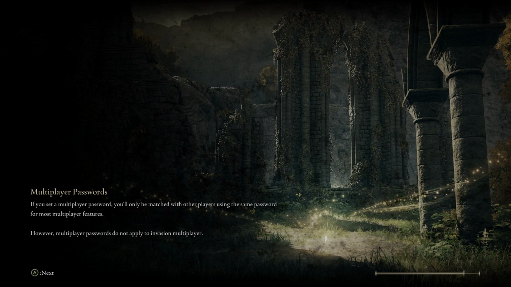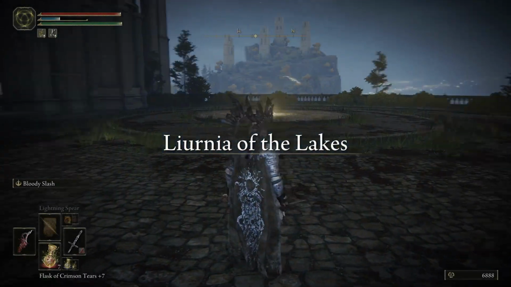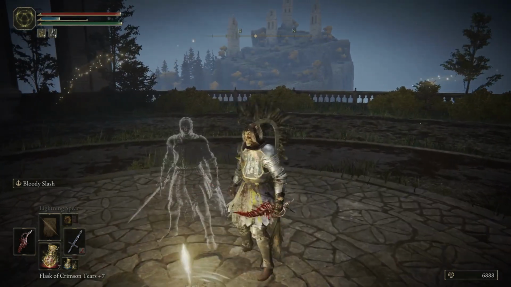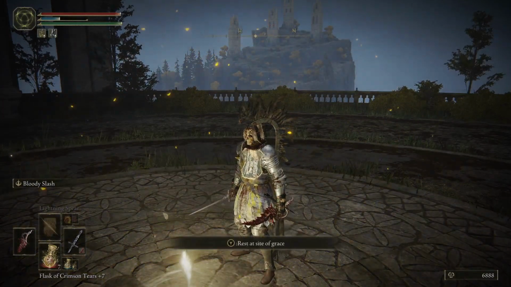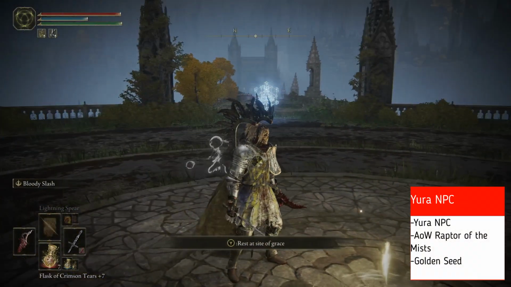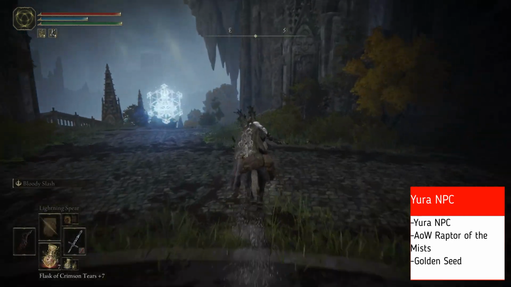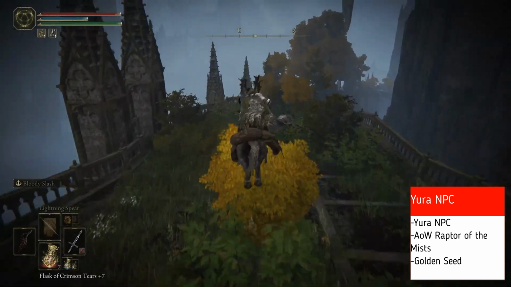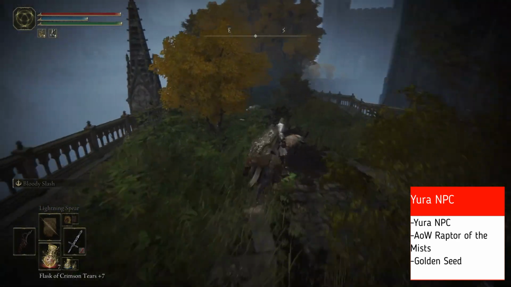So we're going to get started. We are at the south gate of Raya Lucaria. We have the key, so we're going to go on in, hit the grace. And the first thing we're going to take care of here is Yura's quest line, who we remember from Limgrave. He was the cool ass samurai looking dude. I don't know why that bush stopped me, but so we're going to head down here on